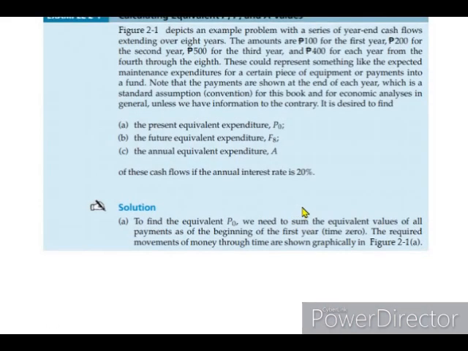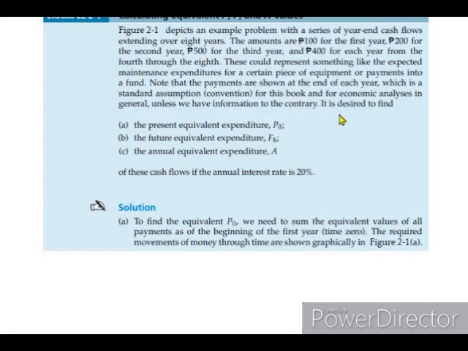Okay? Next. The amount of 100 pesos for the first year, 200 for the second, 500 for the third, and 400 pesos for each year from the 4th through the 8th. This could represent something like the expected maintenance expenditures for a certain piece of equipment or payments into a fund. So, example lang ito, pwede siyang mag-represent nung mga nabanggit, or nung iba pa. So, note that the payments are shown at the end of each year, which is a standard assumption. So, lagi naman ganun at the end of the year, for this book and for economic analysis in general,